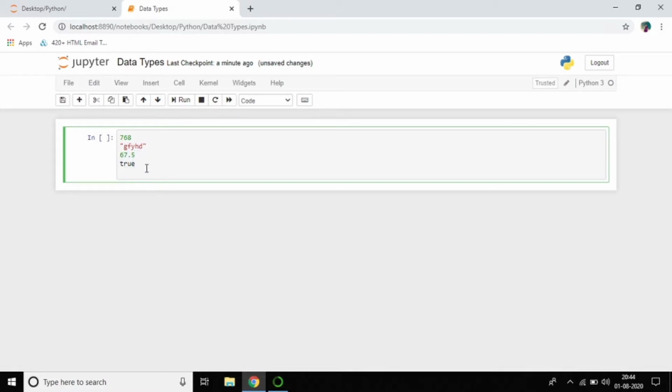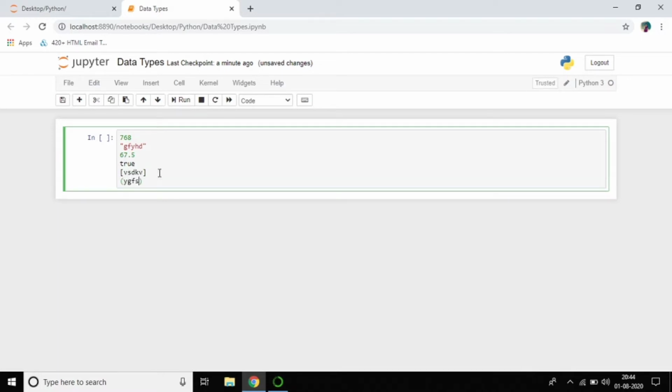Sometimes I'll write in square brackets, sometimes in normal brackets. Data type means classification or categorizing of different data. It represents the kind of value, which tells what operations can be performed on a particular data. That is called a data type.